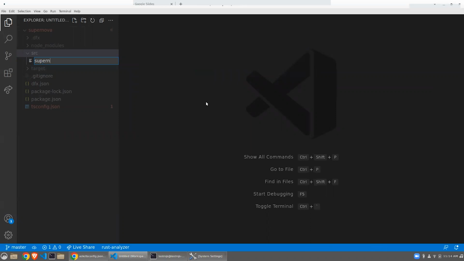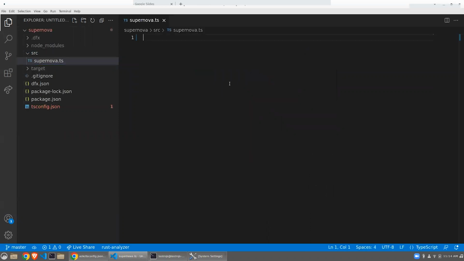Okay, we're going to now make the entry point to our application. What's nice about this is it's just a TypeScript file. You just do TypeScript now. So we are going to use our Azle dependency to import everything that we need that is Internet Computer specific, generally speaking. The first concept we're going to go over here is query functions or query methods,